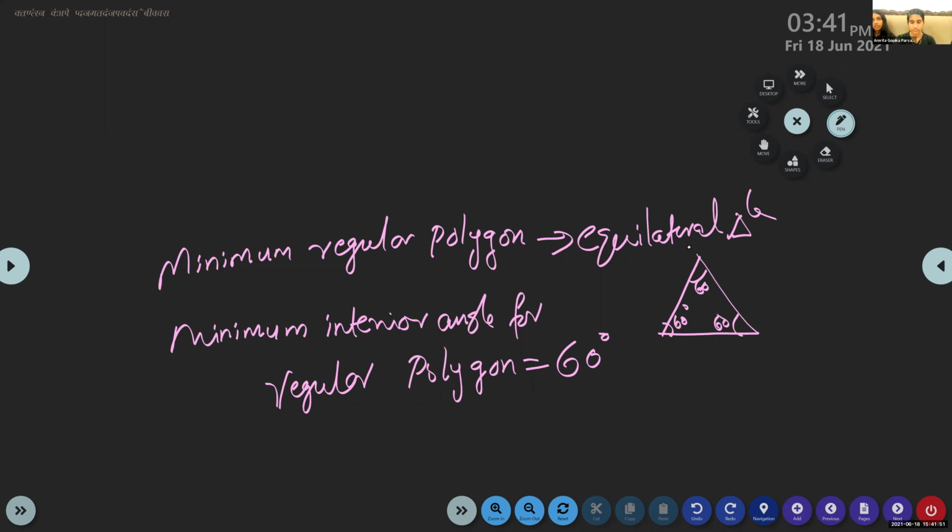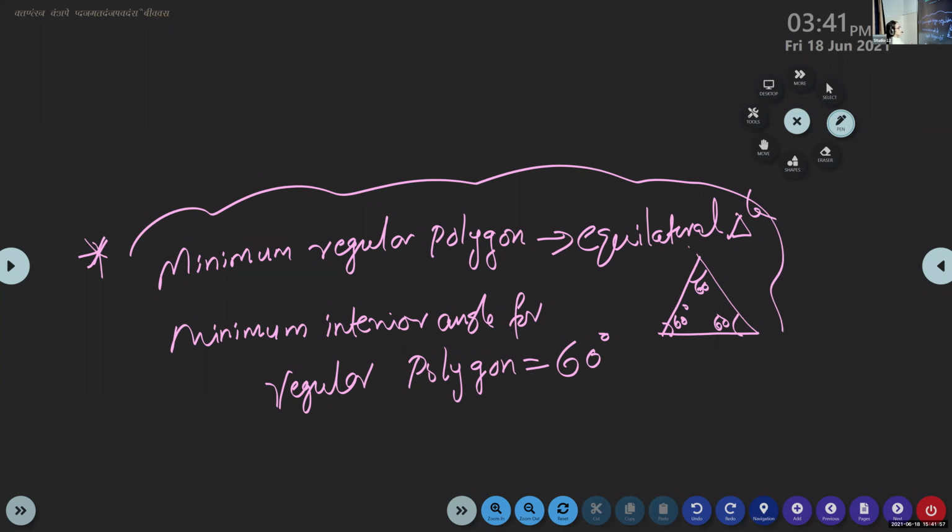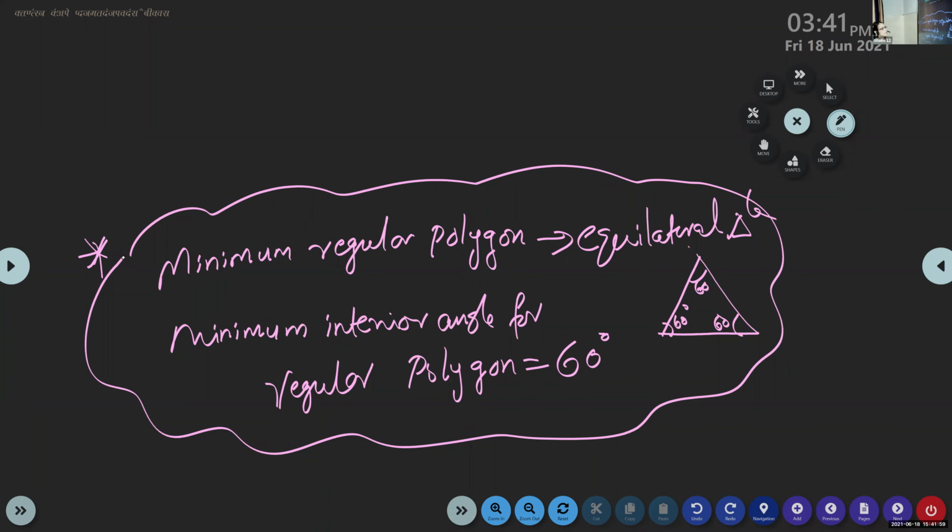Okay, so you can write this. Put a star and write: the minimum regular polygon is the equilateral triangle. Draw this small figure also, then it will be very good. Our class is up to 3. I think time is up, isn't it? 3:40. Ma'am, write fast because other children are entering. Write fast. This minimum regular polygon is the equilateral triangle, and we know that for each equilateral triangle, the interior angles measure 60 degrees. So the minimum interior angle for a regular polygon is 60 degrees.